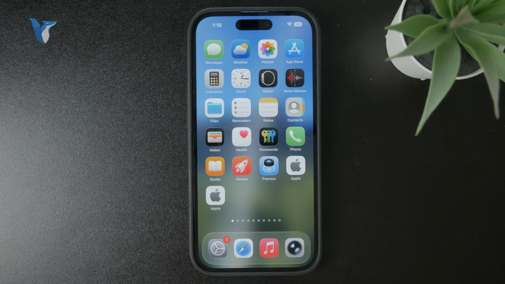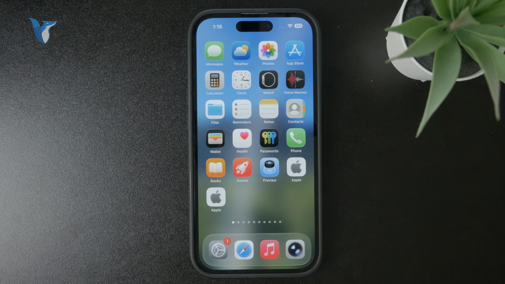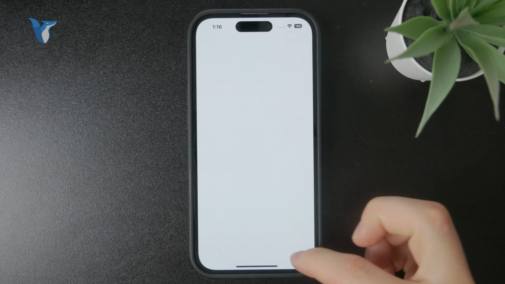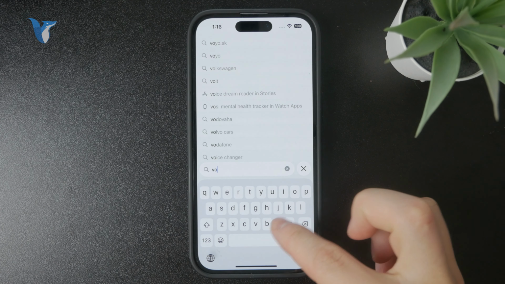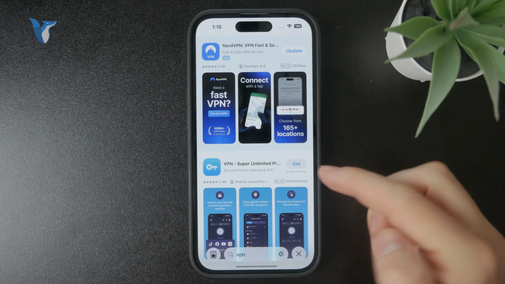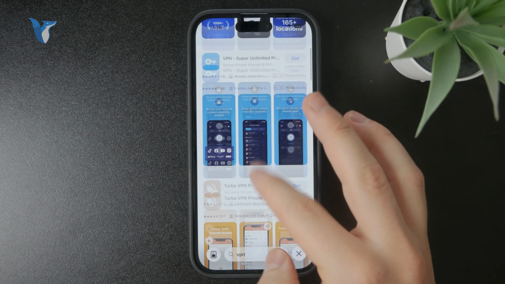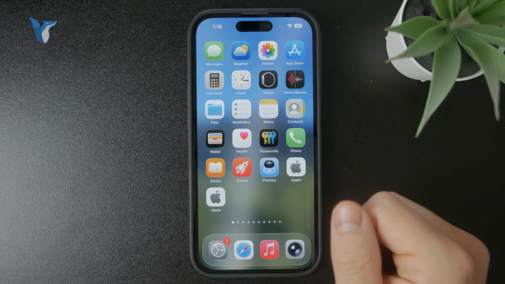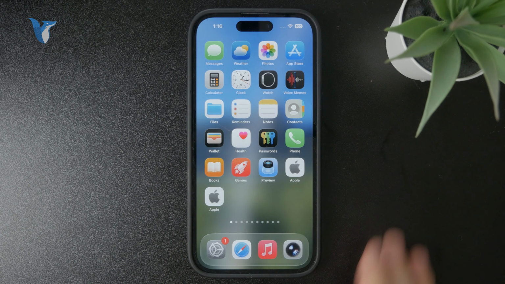So most likely you'll have the VPN application, which you download from the App Store. You set it up that way, and it asks you to add a profile to the iPhone. But you can still, if you prefer the manual approach and if you know how to set it up, I mean, if you have all of the details and the data to input in here, this is where you